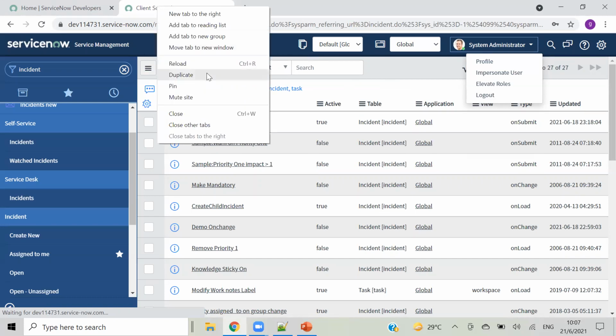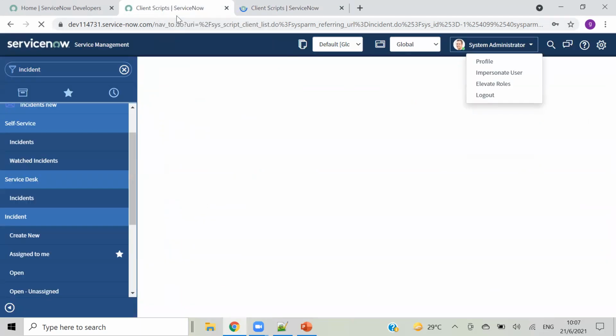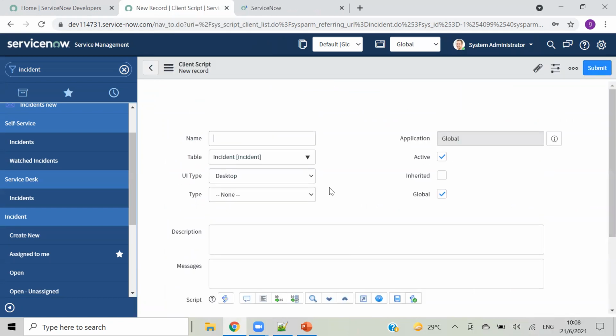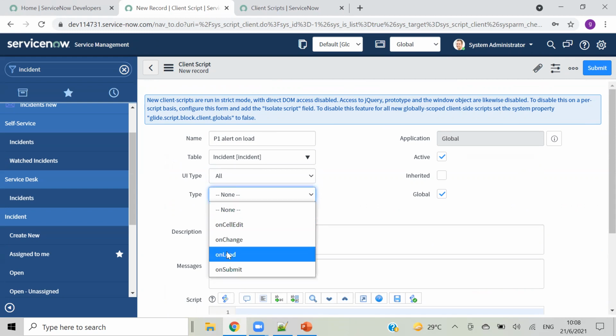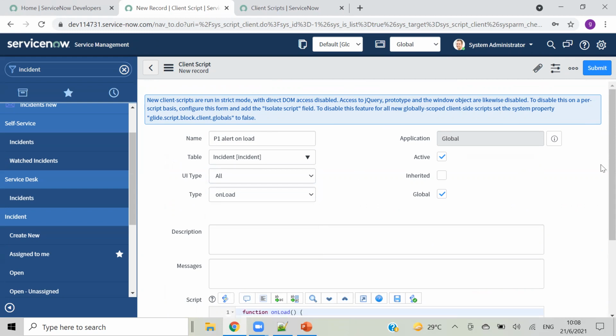Anyways, I will duplicate this because I want form field names as well. Yes, here. P1 alert on load. So here also I am making this to all, and here it will be on load.